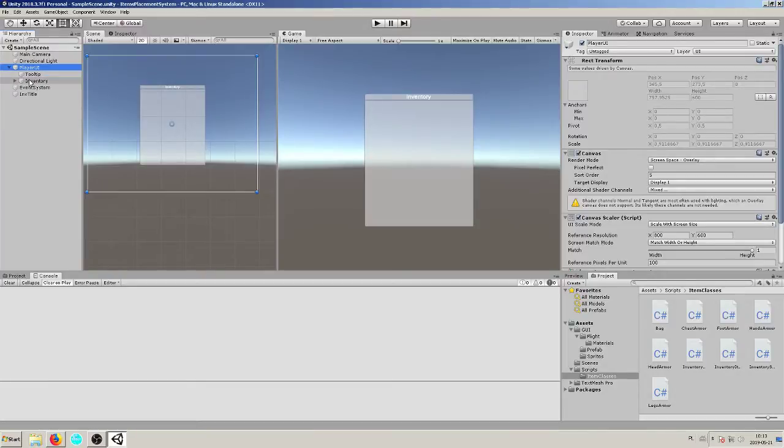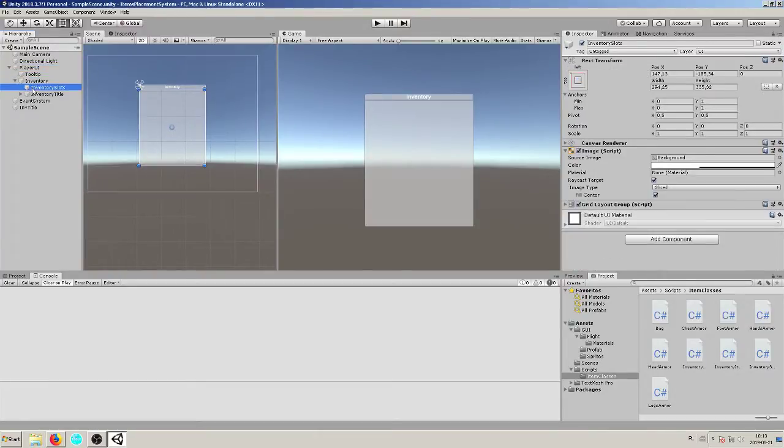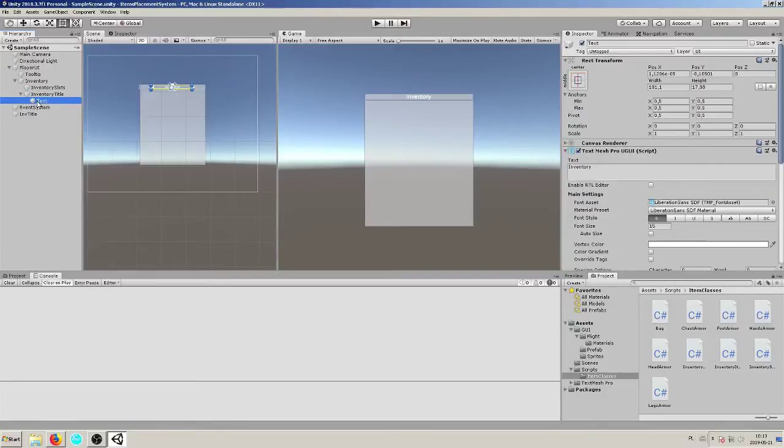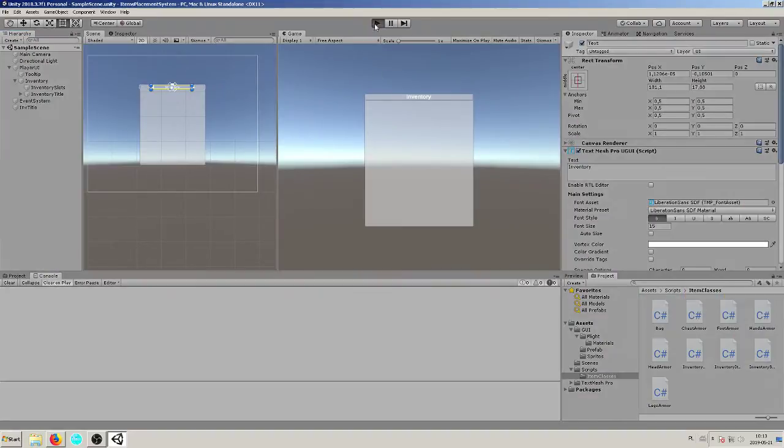Yesterday evening I just added an inventory title. It's just a simple object panel with a text underneath. Text Mesh Pro. Always use Text Mesh Pro, it's way better. And that's just it. It works like that. But right now I have some issues, and those issues are that my inventory is sometimes